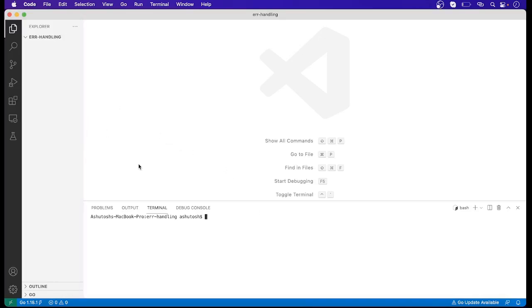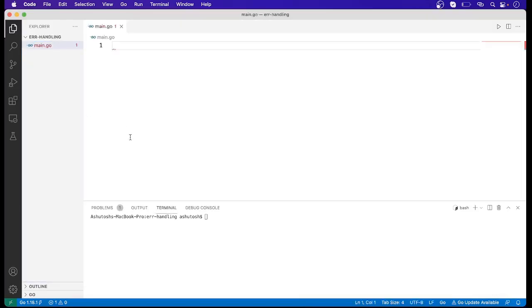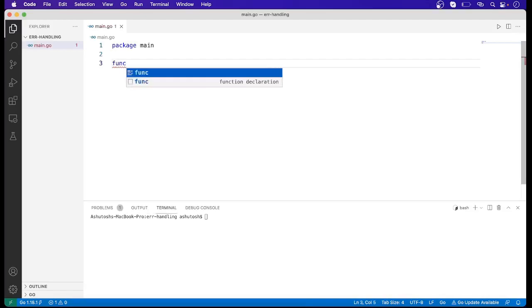So here I am in VS Code. First of all, I am creating a file main.go. Here I will define a method div.